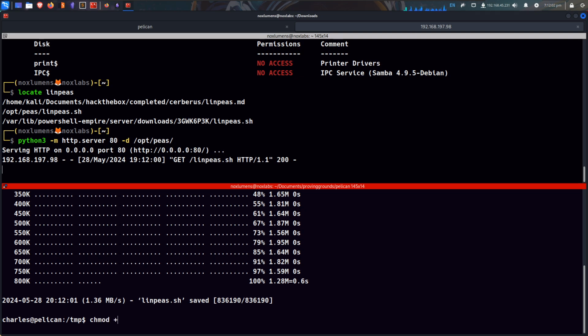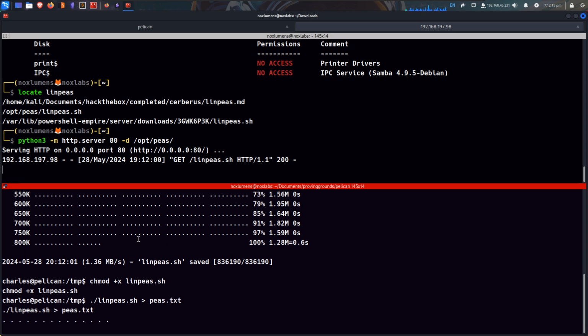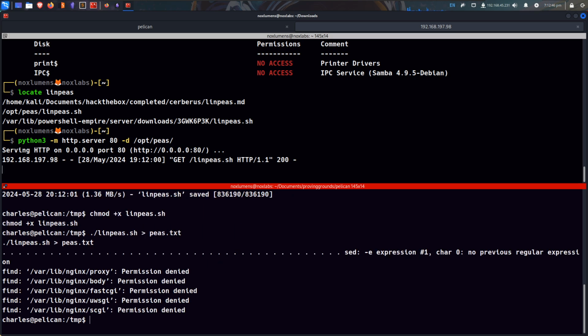And then we'll chmod that to add the execute to the sh, and then we'll run linpeas.sh, and we'll send that into a file called piece.txt. This is going to take a little bit to run. It just always does. So I'm going to go ahead and pause, and I'll see you in a second. Okay, it's already done. Let's cat out piece.txt